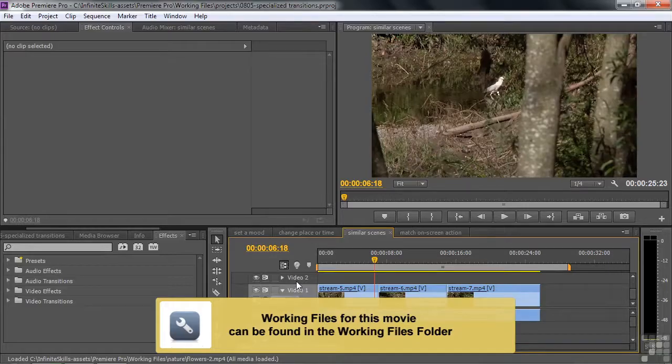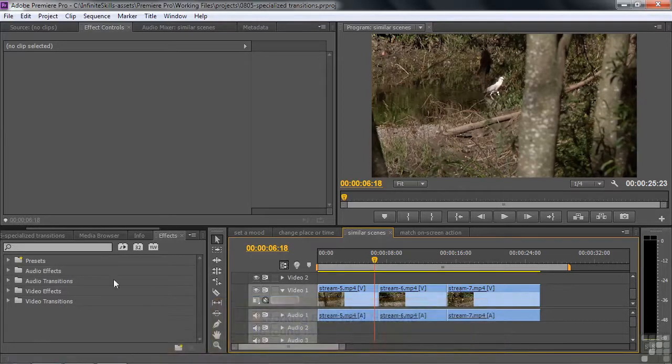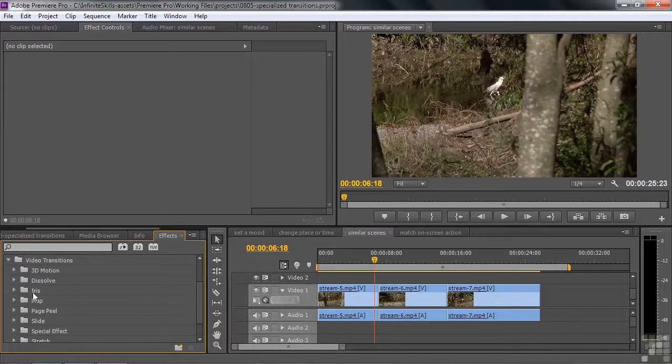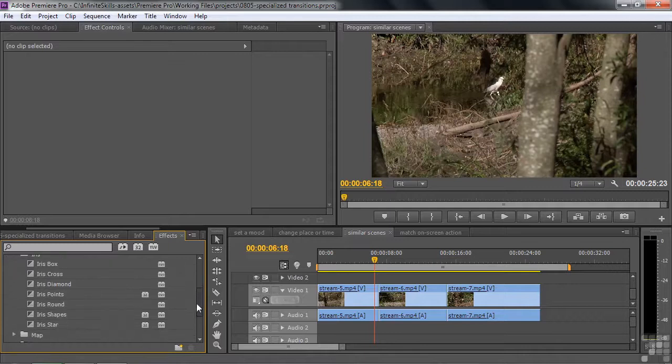We're going to start by revisiting Start. I'm going to go to Video Transitions here and scroll on down to Iris. Iris is the group of transitions that has the most transitions that have the Start option. And of these 7 transitions here, the only ones that don't have a Start option are Iris Points and Iris Shapes. So I'm going to grab Iris Box and bring it over here, put it on that intersection there, or